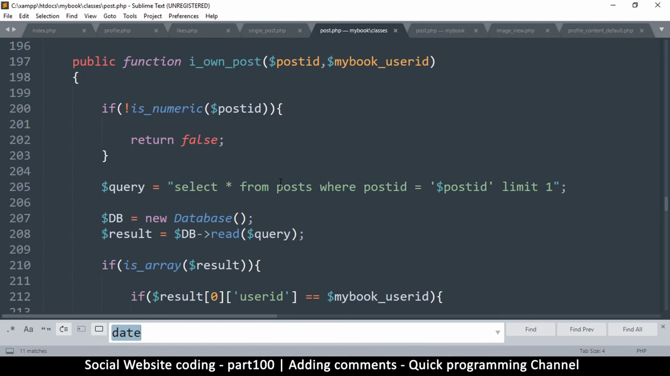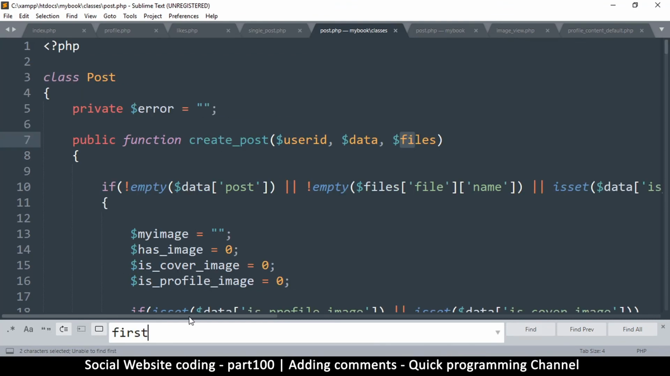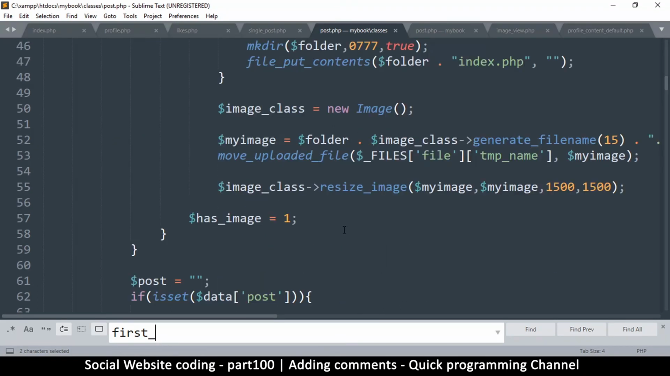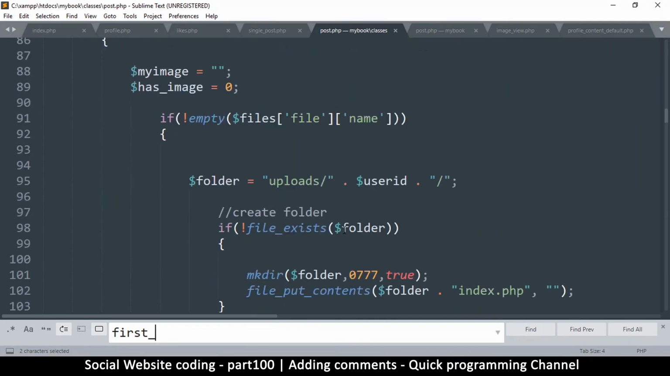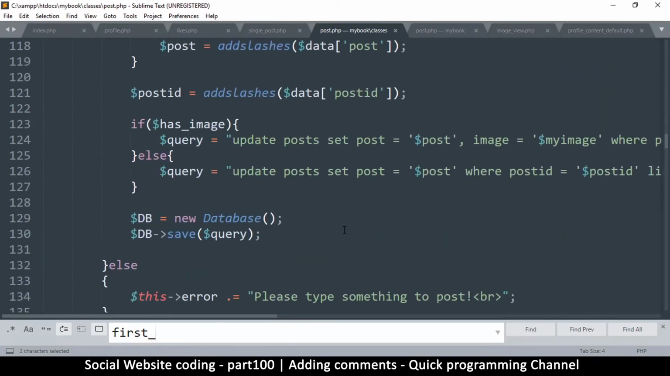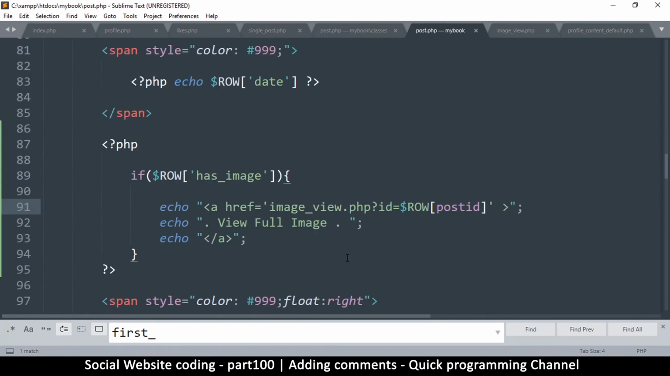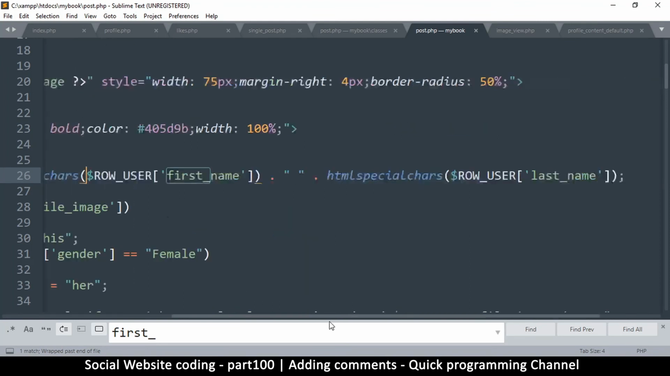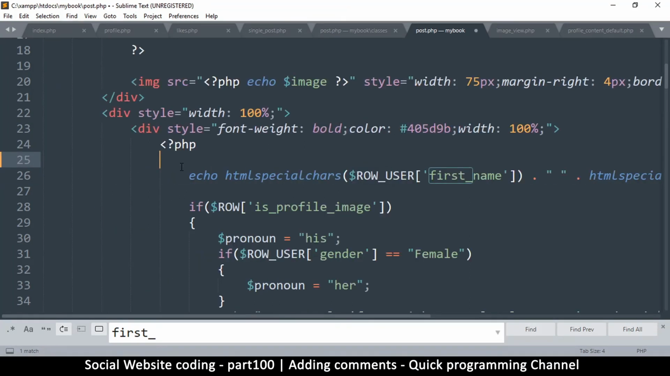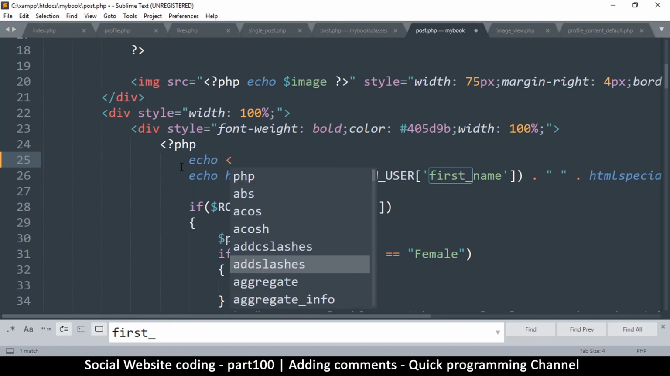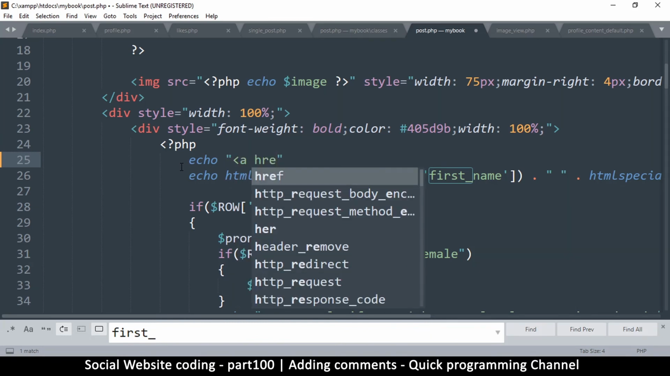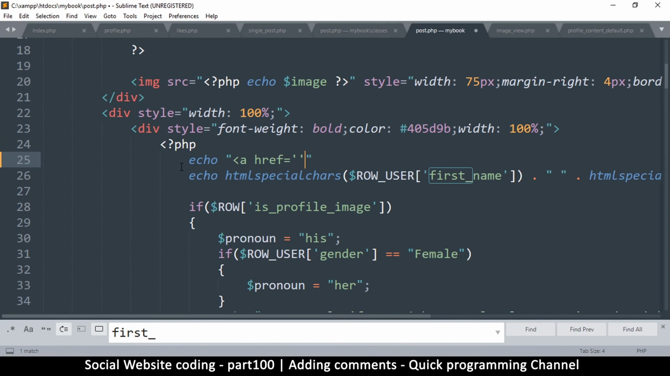So let me find first name. Where is first name? Okay, post.php. Okay, maybe I'm looking at the wrong place here. File name. Oh, this is the class. Sorry, my bad. So let's go to post.php in there. Find the first name. There we go. So on this one, we add a link so that somebody can easily click on your name and go to your profile. So a href is equal to, and then close that up,